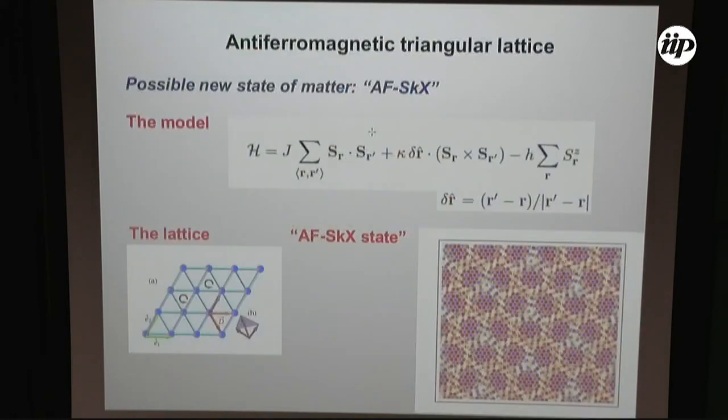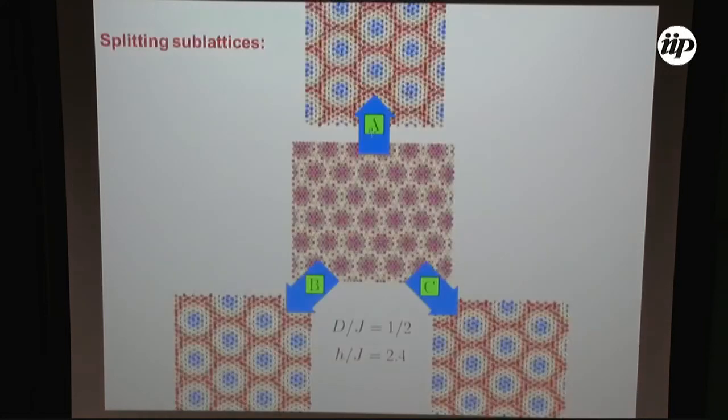You know that the triangular lattice is tripartite, so you can plot this. This is a snapshot from a Monte Carlo simulation. You can split and plot the spins of the snapshots per sublattice, and this is what you see. Each of the sublattices is exactly a skyrmion lattice of a standard ferromagnetic case, of those that Bogdanov and Yablonskii predicted in 1989, if I'm not wrong on the year. Okay, so this is the situation.